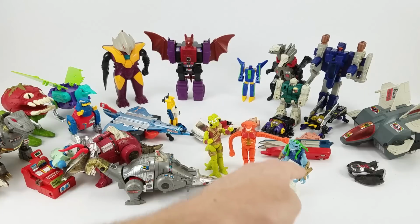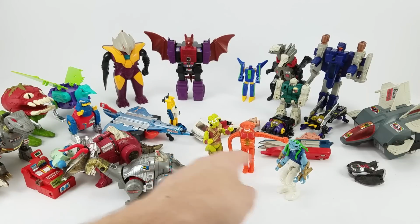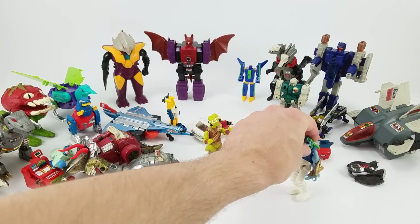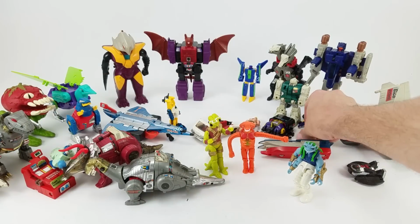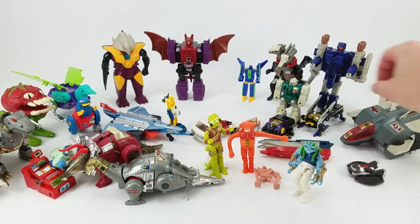I can't remember the names off the top of my head right now. I'd have to look those up. I've had this one before. I have him in my personal collection already, but I've never had these 2 guys. I'm really excited to see those. We've got there's muscle figures, and